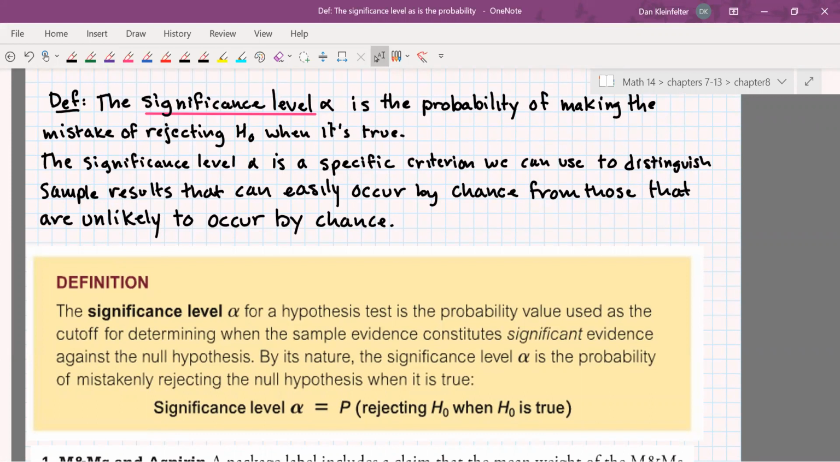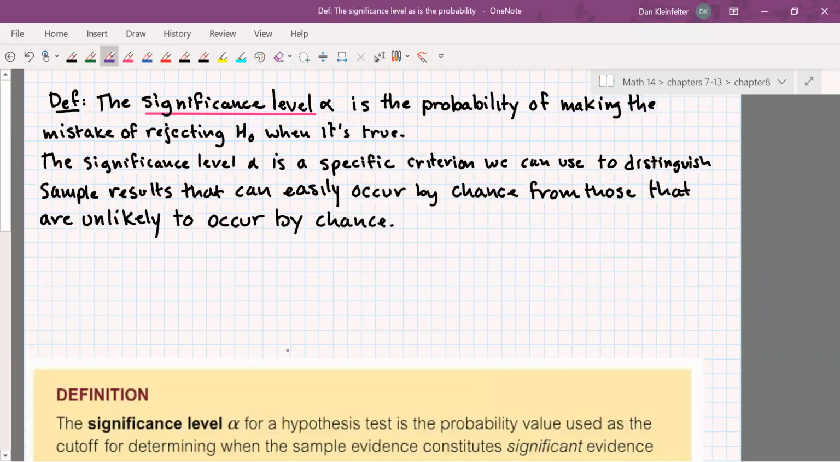The significance level alpha is a specific criterion we can use to distinguish sample results that can easily occur by chance from those that are unlikely to occur by chance. So that right there is kind of awkward sounding. So let's see if we can think about an example. So let's say that we